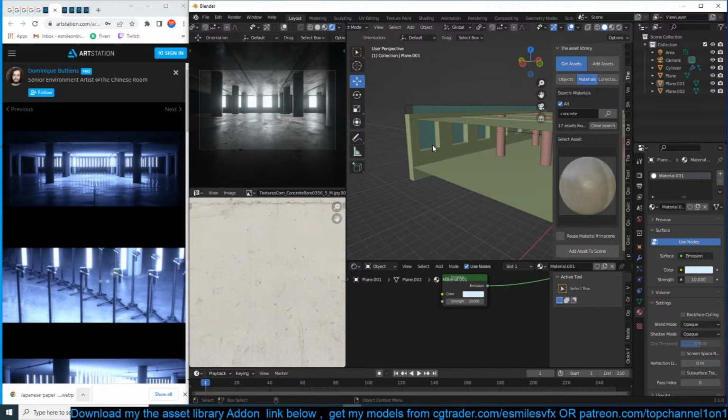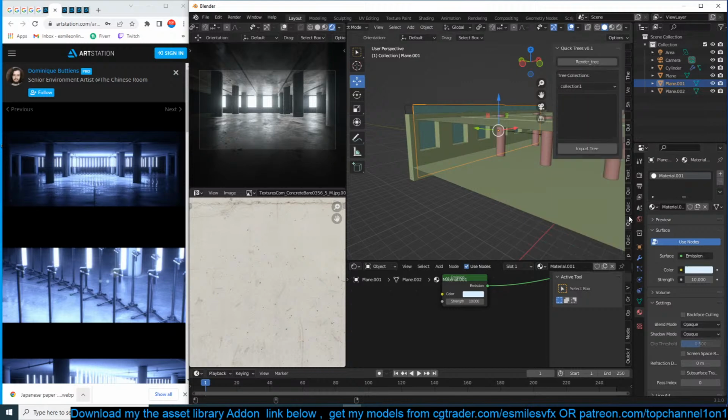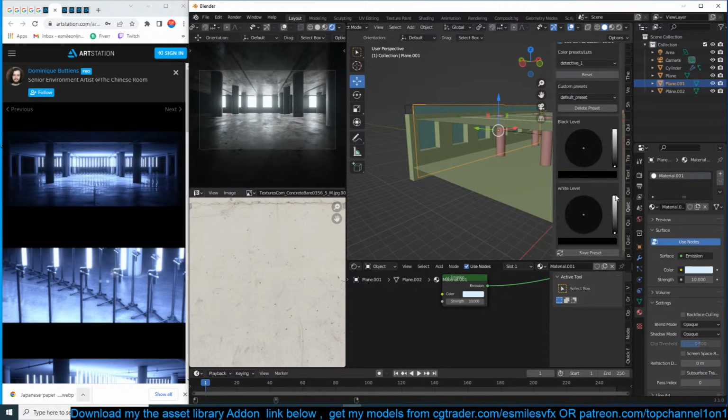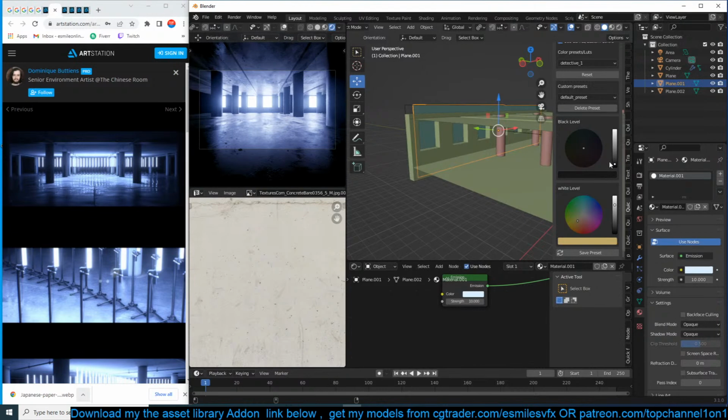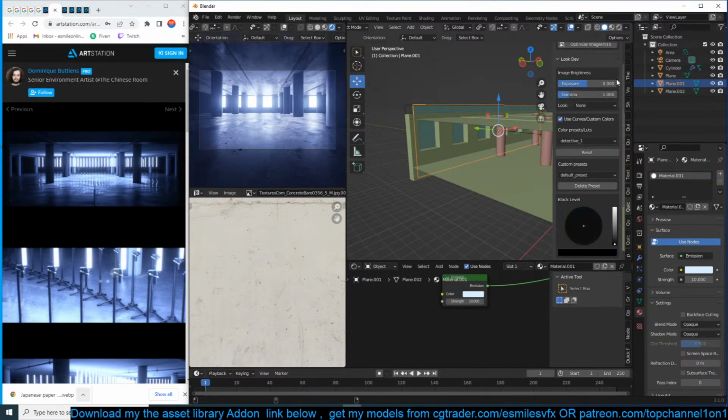No HDRI, just one area light. Yeah, if you use an HDRI here, it's just going to cause light from everywhere. It's going to be very difficult to control the light. I think I'm going to use my quick functions just to play with the lighting. Oh, sorry, the colors.